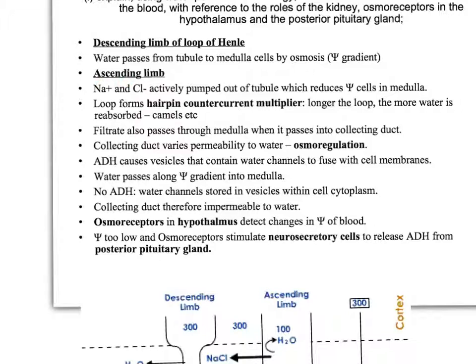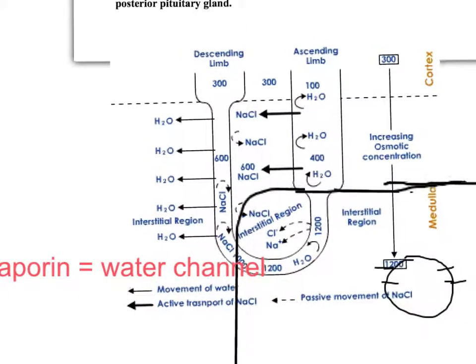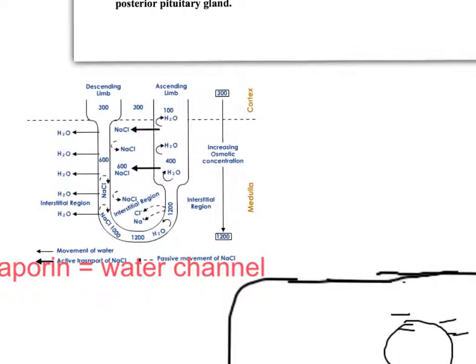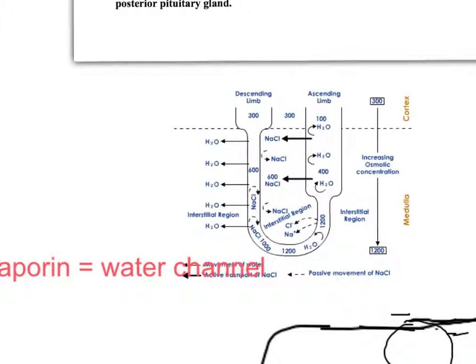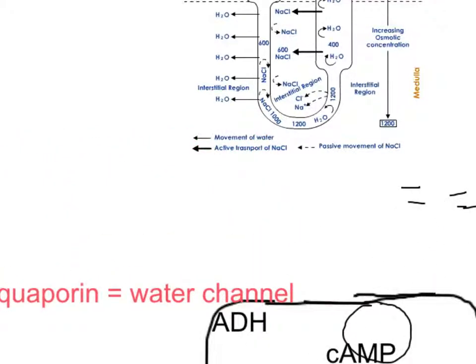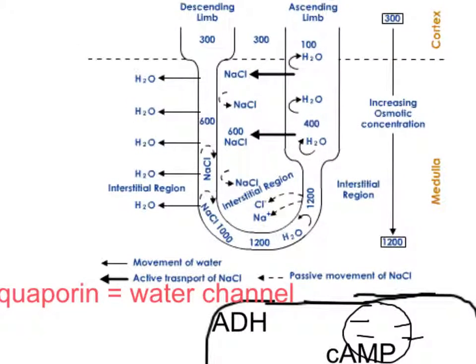And on the ascending limb, what we do is we pump sodium and chloride ions out of the filtrate, which actually reduces the water potential in the medulla, which draws water out in the descending limb. I'll show you that in a second. So if I look at this diagram here, just to summarise what I've just been saying,